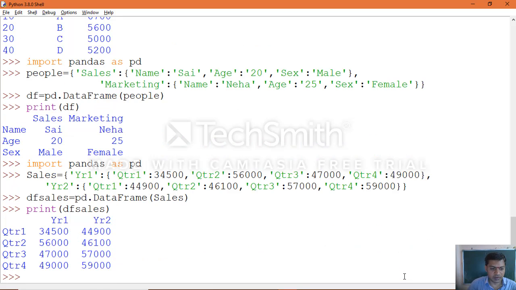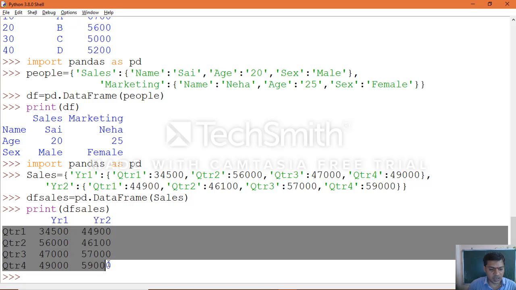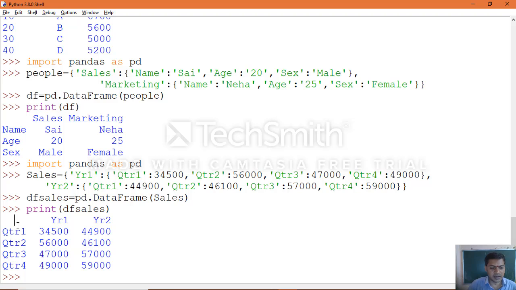See the output, year 1, year 2. The outer dictionary keys are represented as column names, and the inner dictionary keys are represented as row labels. You can see the output we get for a data frame when we make a dictionary an object for dictionary values. So you can see how we can make use of dictionaries for creating a data frame.